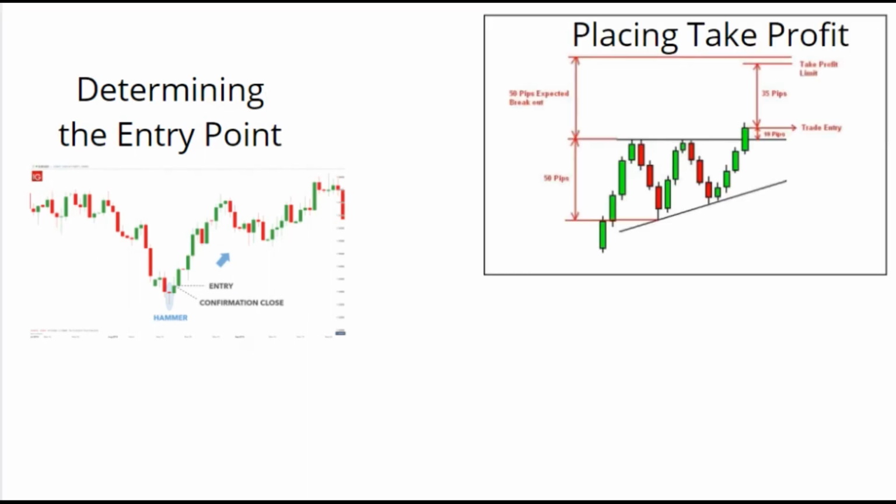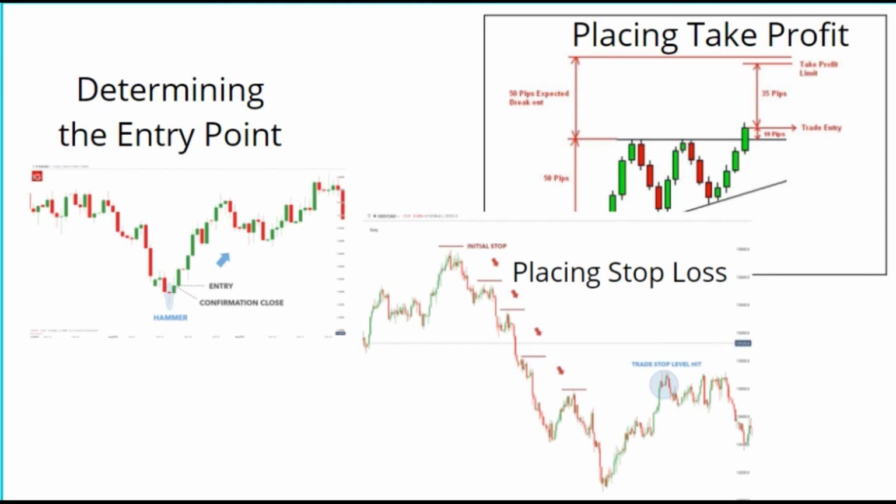Placing take profit. This depends on the speculation and goal of the trader. Based on the current market situation, the trader will need to assess the price of the potential gain and the probability of loss if the market changes direction before placing an order. Placing stop loss. Stop losses are placed based on the trader's risk appetite and trading strategy. It's useful to define the terms of the expiration to ensure that the pending order is executed according to guidelines